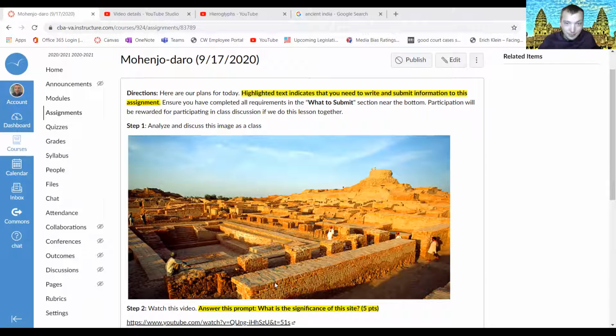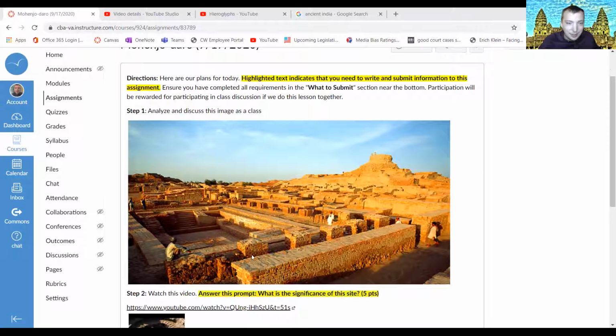And really an attempt to have all of the workings you need to make a city together for a civilization, right? In this middle area, we have what's referred to as the Great Bath, which we'll see in the video below. And we have these other pillars and locations within this area itself.